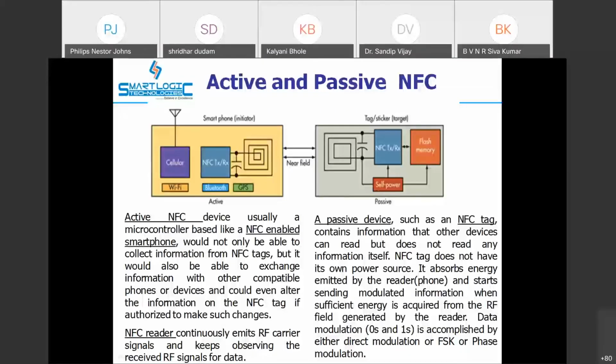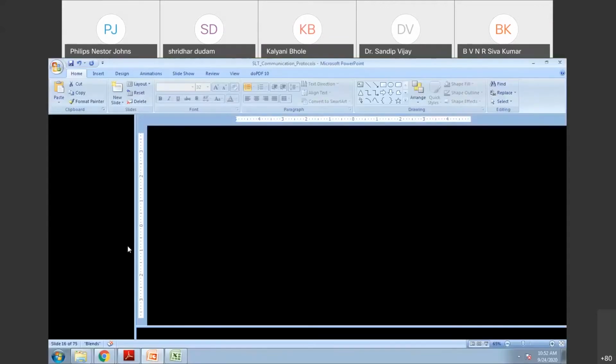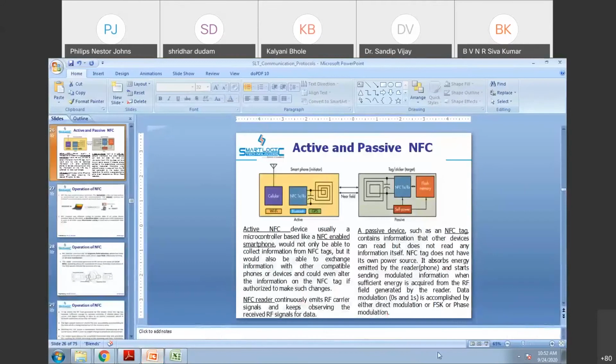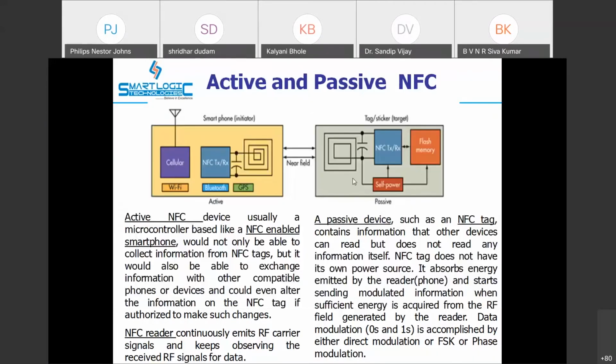How it works basically: if you look here, this diagram shows the initiator, that is a reader. The reader initiates the communication, and in response to that there is a tag. This is called a passive device and this is an active device.